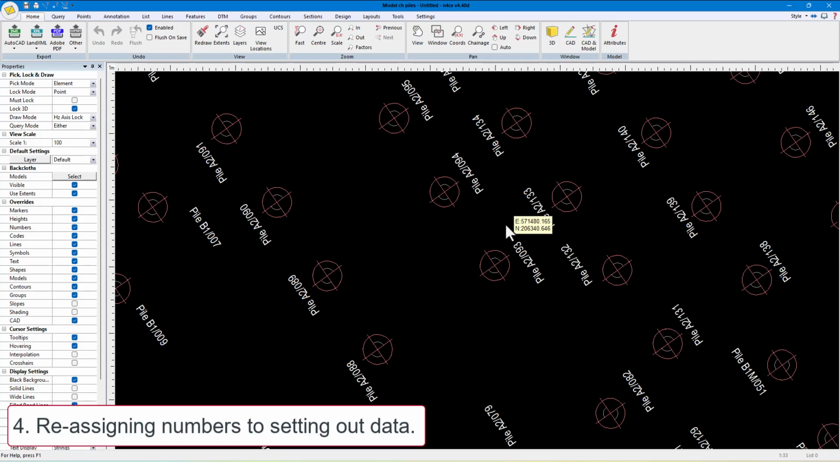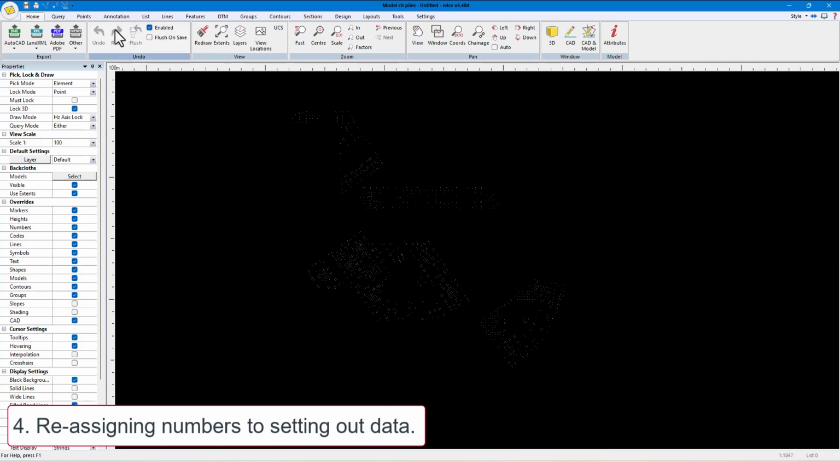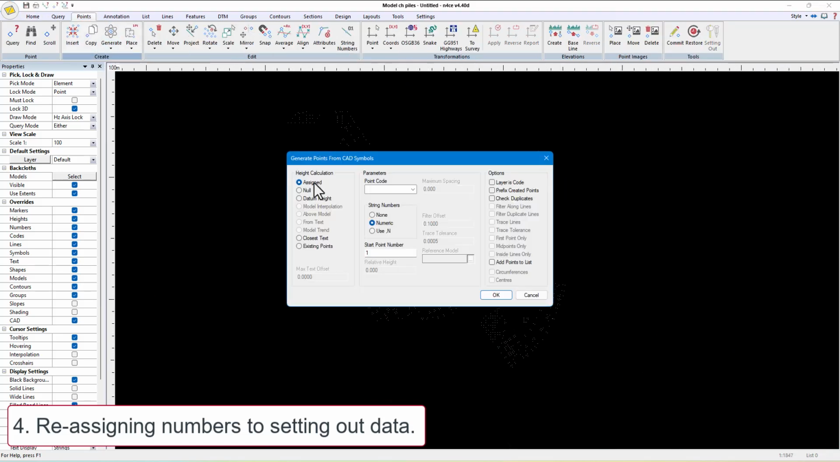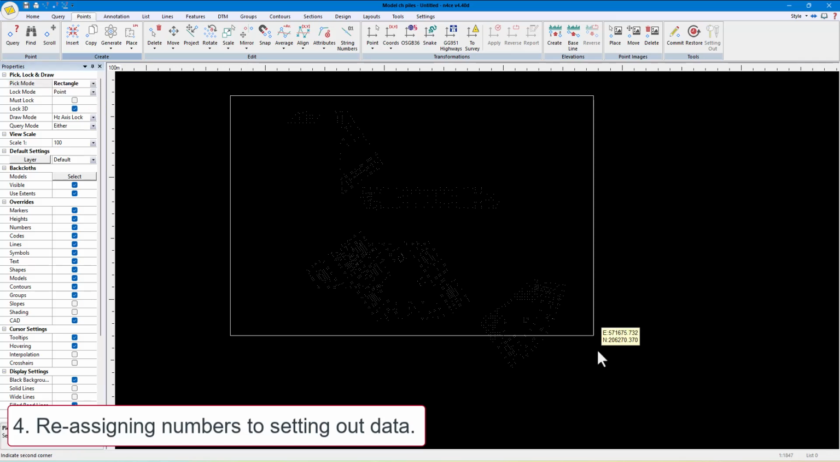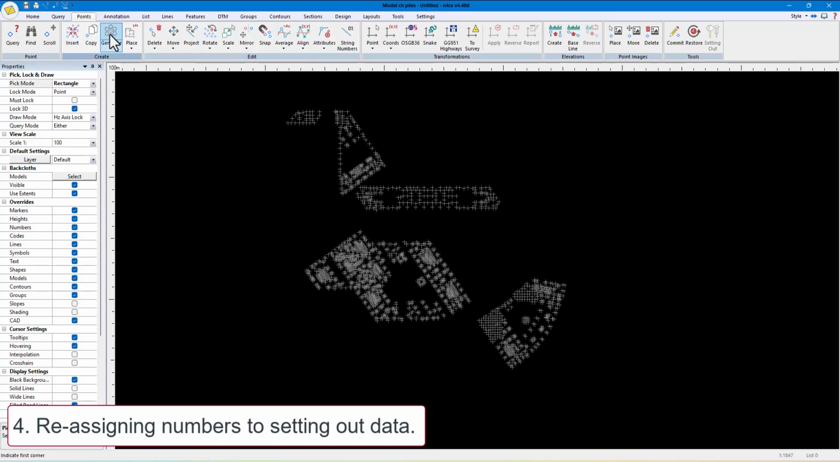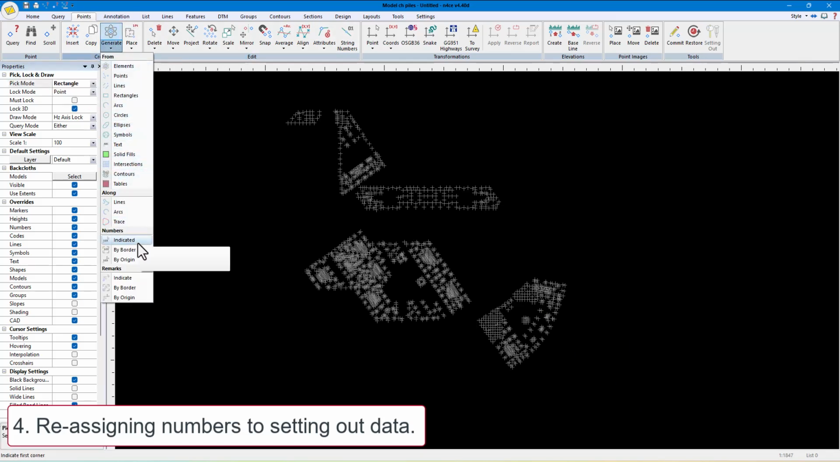Reassigning numbers to setting out data. Extracting the coordinates of the blocks that represent piles has always been straightforward. But what if the ID of the pile is also important to preserve the continuity of what is being set